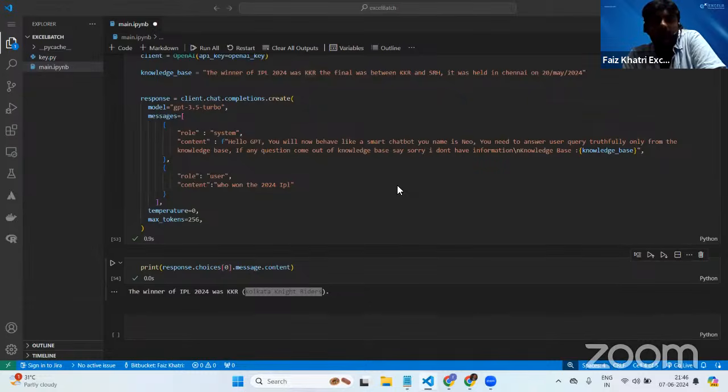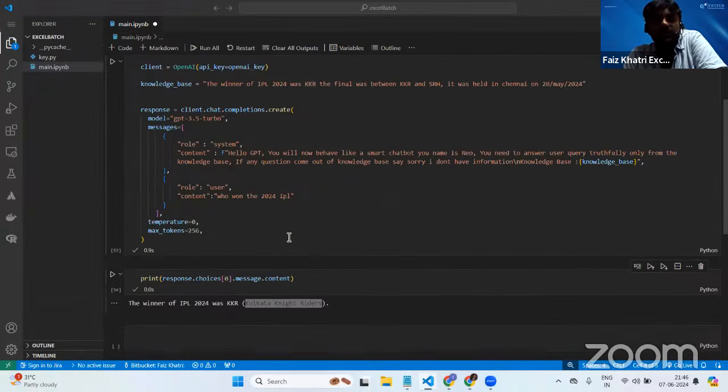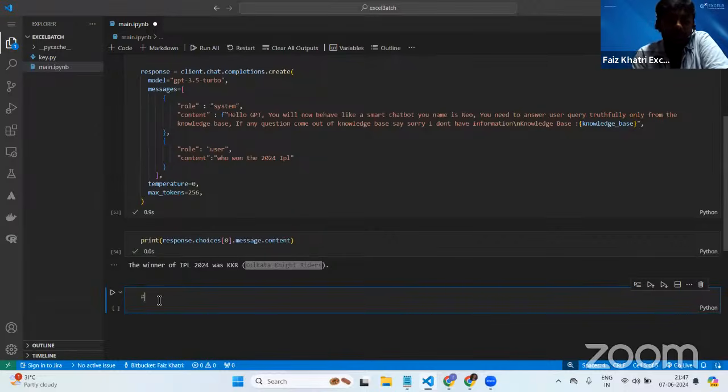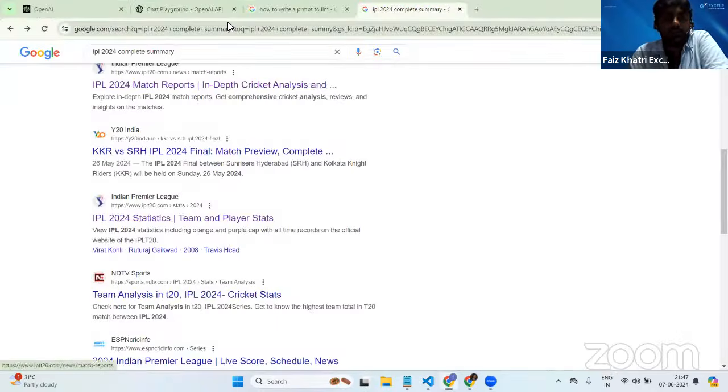Now coming to the main part: this is a knowledge base. Then how much knowledge can I go ahead and add over here? This brings me to a very important topic, which is known as context length. Context length is a very important part when it comes to talking to a large language model. According to the OpenAI documentation, if you go ahead and search